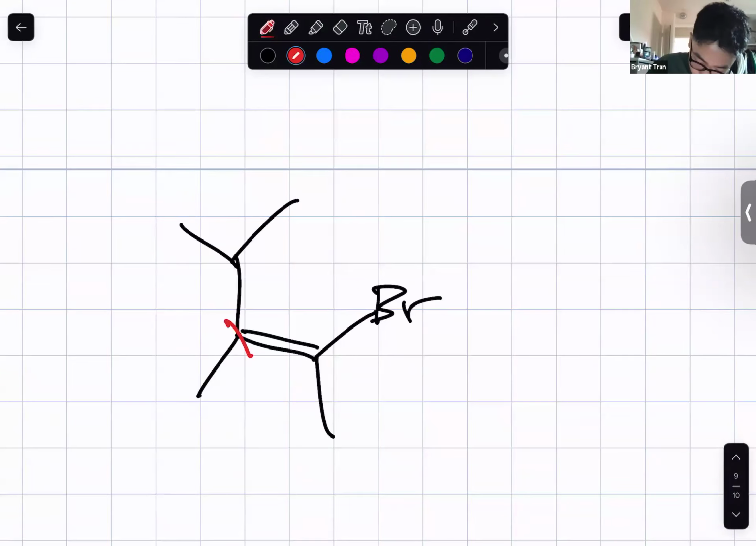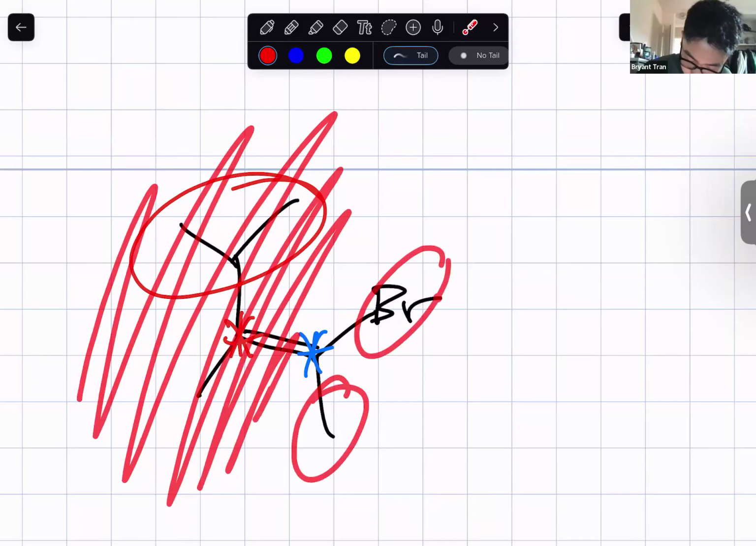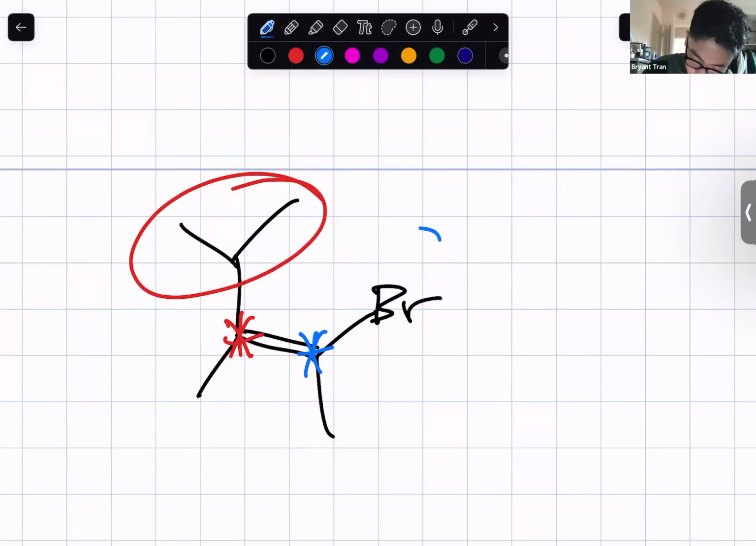Now, if we do the same thing over here, where we look at the alkene carbons, the red carbon and blue carbon, we already did this earlier. This is the highest priority group on the red carbon compared to this group, right? Because we're going to ignore everything here. If we were to ignore everything here and compare these 2 groups, the Br has the higher priority, so